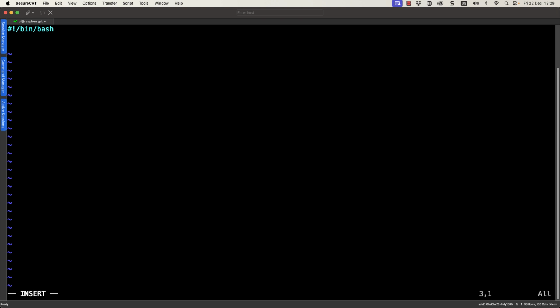Next up, we need to specify the top level directory that we're going to store everything in. I can do that through a variable, base_directory equals, and then put the path. It's going to be /home/pi, and let's call it videos. Don't forget that we never have spaces surrounding the equals when we're assigning values to variables inside of bash.